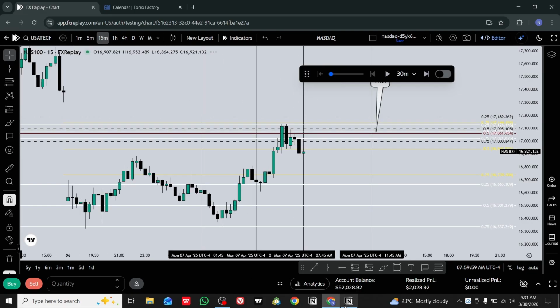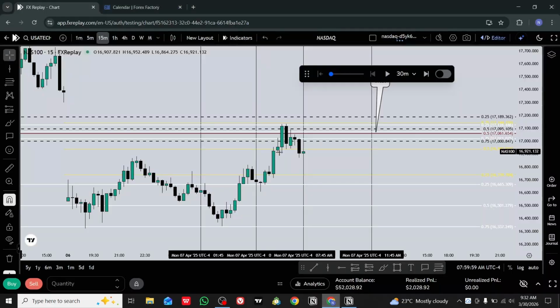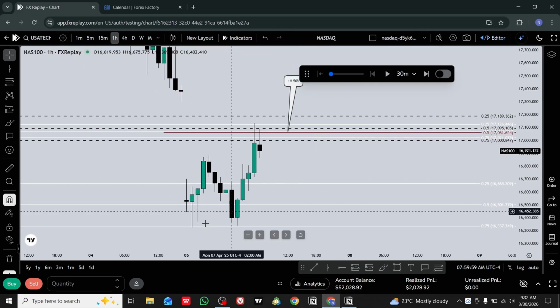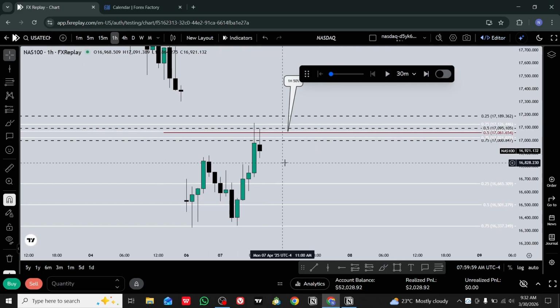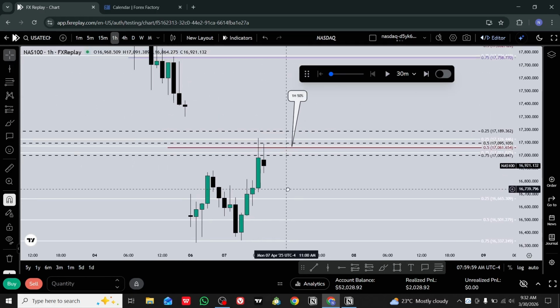Let's see if I see a breaker setup. Nice setup. Yeah, I will take a shot. Now my bias is more bearish. One thing which I need is a good entry model. If I get a perfect entry model to the downside, I will take a shot. If I don't, I will not.